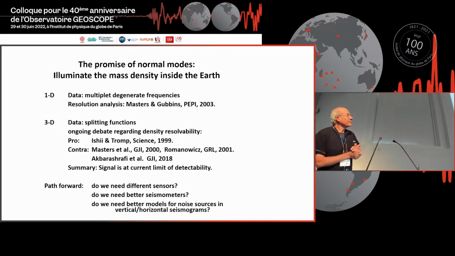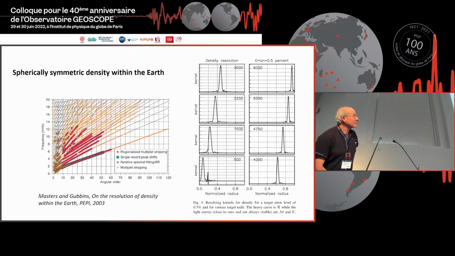That's the first two parts, and then I look at the path forward, because not all is perfect in terms of imaging density structure. A paper that has very well summarized the state of 1D density structure is the one by Masters and Gubbins in PEPI in 2003, where they did a classical Backus-Gilbert type